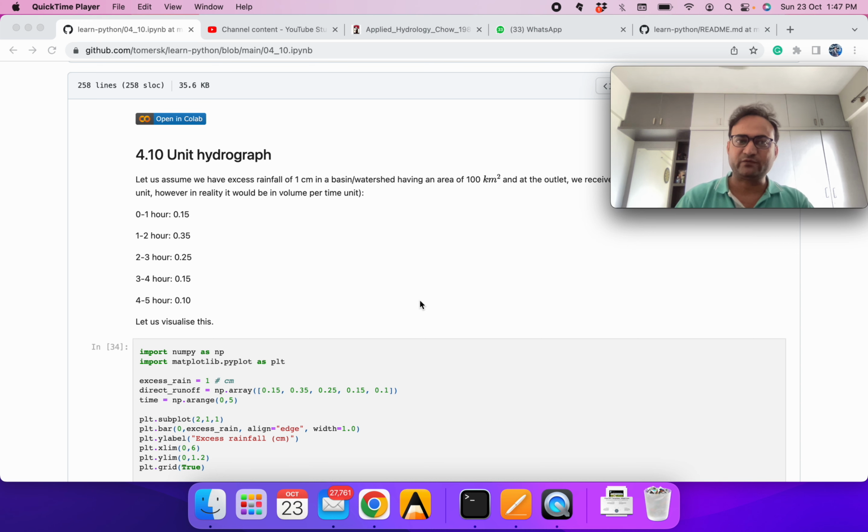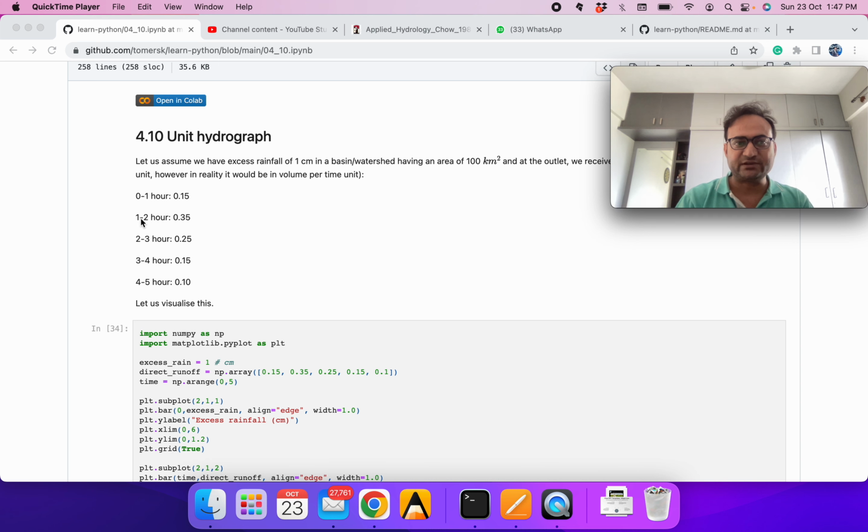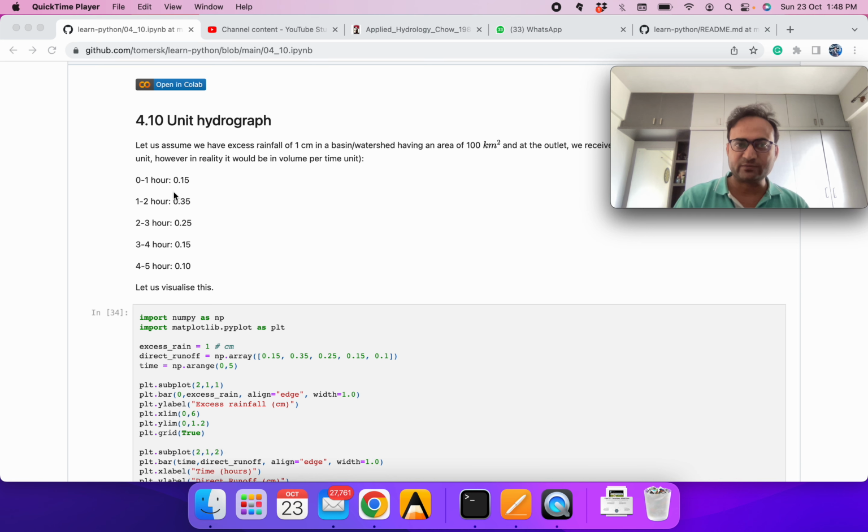For this example, we are assuming, let's say within the first hour, from the moment it started raining till 1 hour, about 0.15 centimeter reached the outlet. Then between 1 to 2 hours it reached 0.35 centimeter, and so on. And we are assuming it was raining only for 1 hour. So we know the input rainfall was 1 centimeter, so outflow also has to be 1 centimeter. You can sum all of this and you will get 1 centimeter.